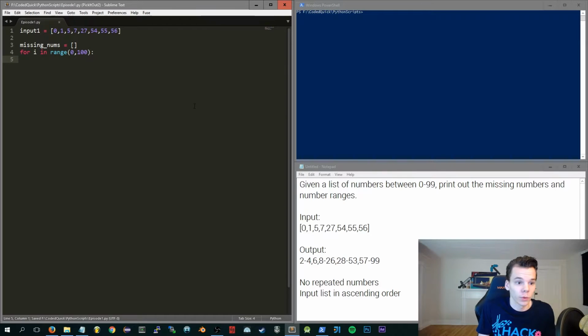So, for i in range of 100, if, now I can't remember exactly if there's a call to contains or not. So we could do a second loop to figure out if it's in there, or chances are if you're in an interview you could ask if there is a method to do that, and probably it would be fine to make the assumption there is one. I know that if you were doing this in Java with an array list, there would be. But anyways, if